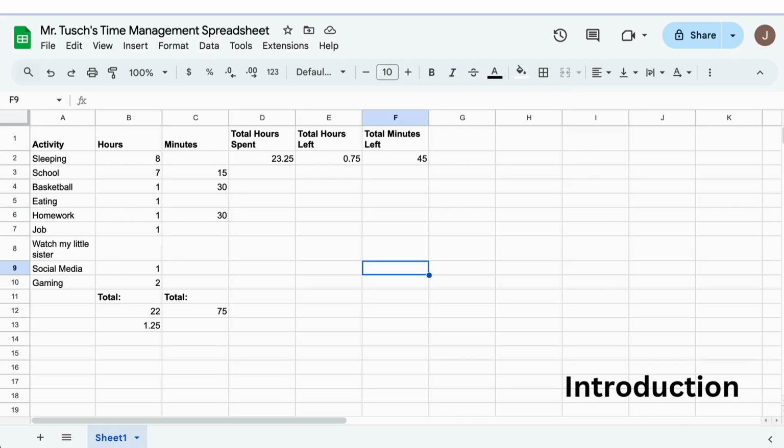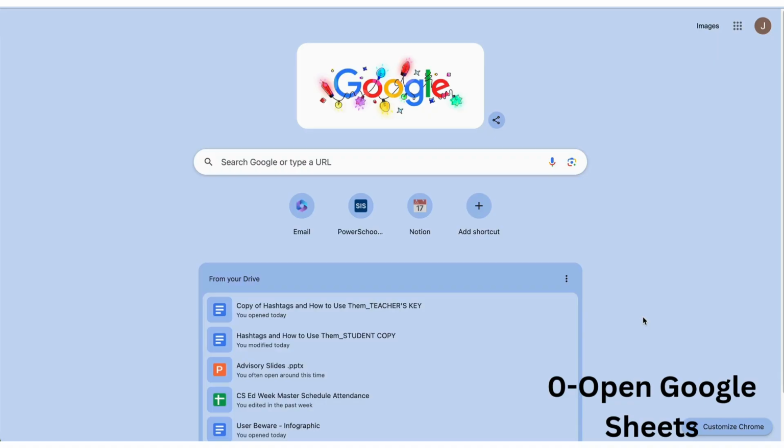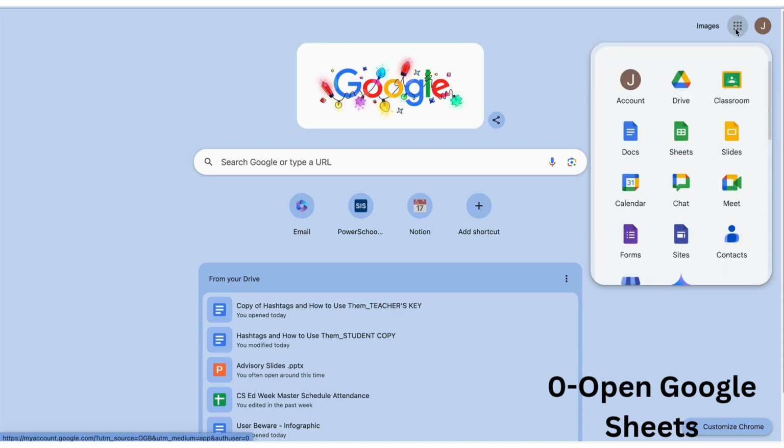Good luck. We're going to start by opening up a Google Sheet. Spreadsheets work the same way, but Google Sheets are the online version. This is the most readily available version of Sheets. You're going to go up to the app drawer. We learned about this when we did our Google Docs, and Sheets should be on that.